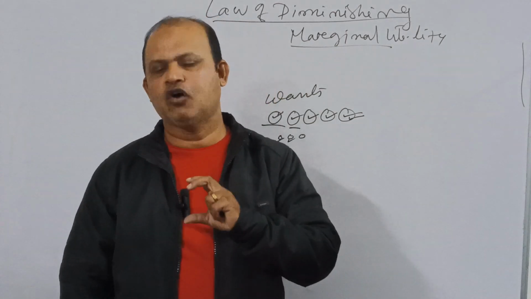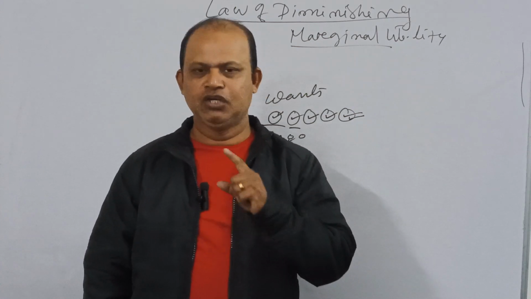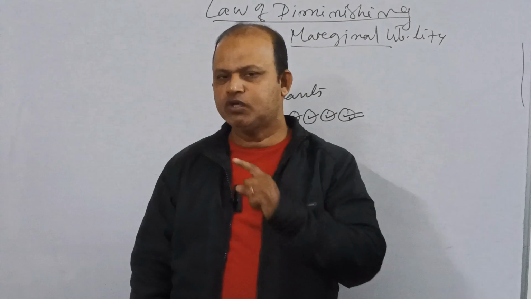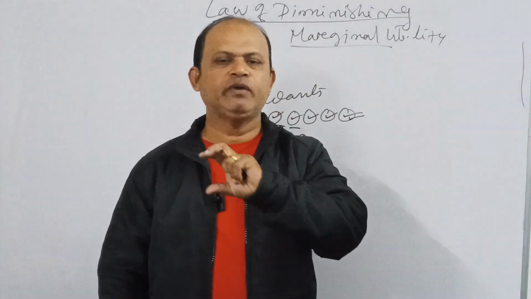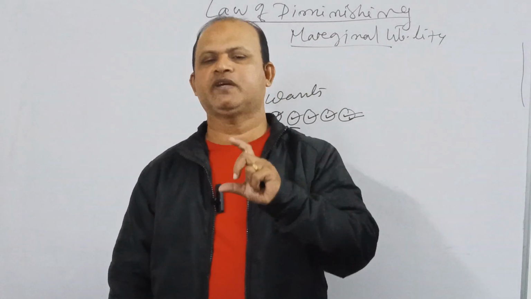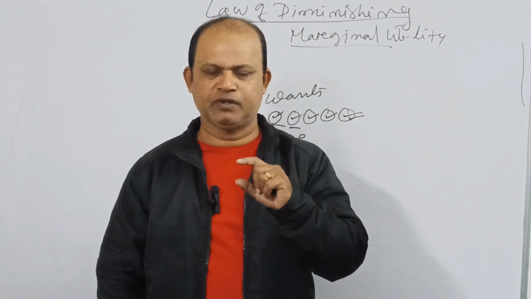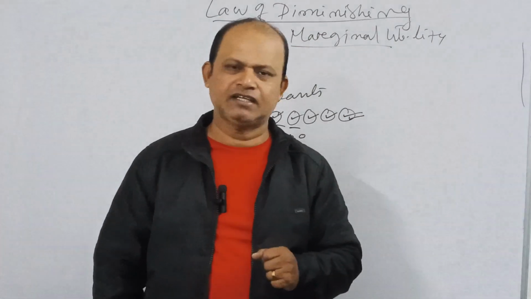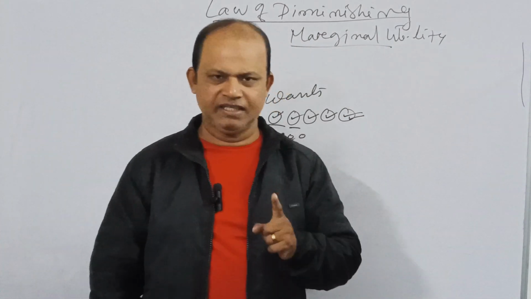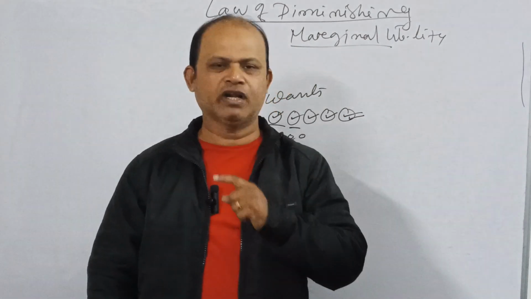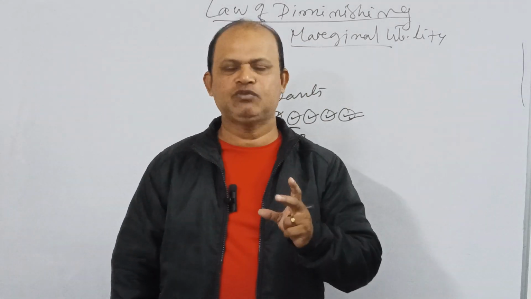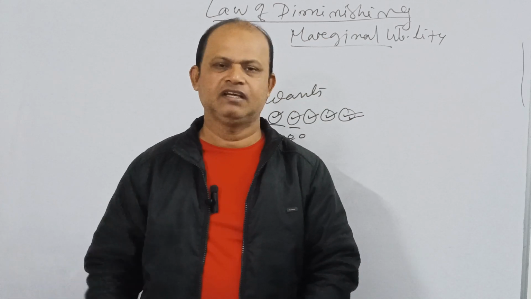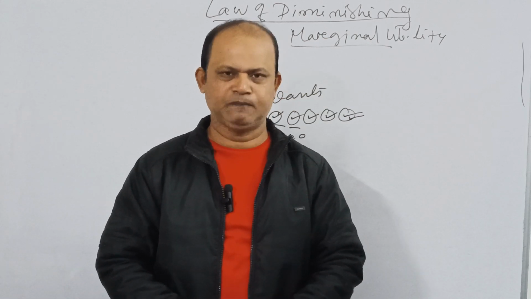So this is about the law of diminishing marginal utility. Here I told you, utility means the satisfying power of a commodity. Total utility means if you consume a number of units of a commodity, whatever satisfaction you derive from that number of units, say 5, 6, 8, that will be the total utility. And another thing is the law of diminishing marginal utility. If the consumer consumes more of the same commodity, the utility derived from each successive unit will decrease with the increase in consumption of that commodity.